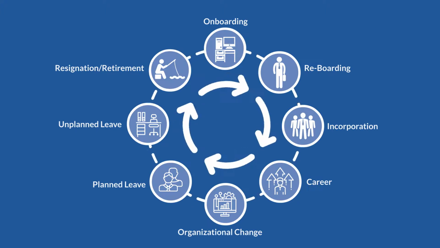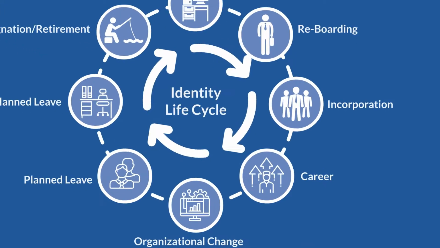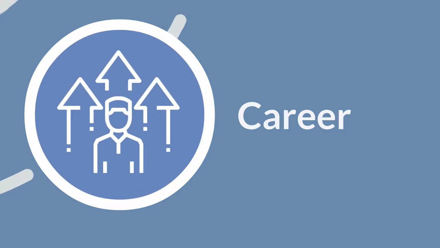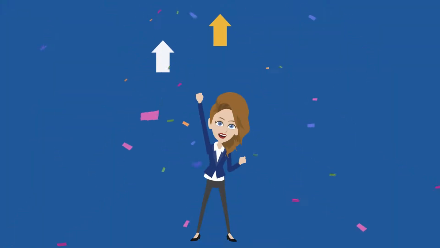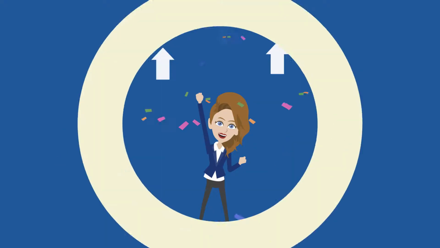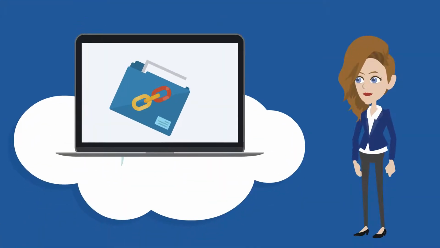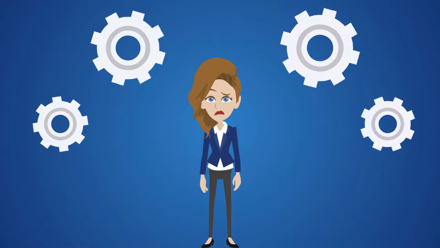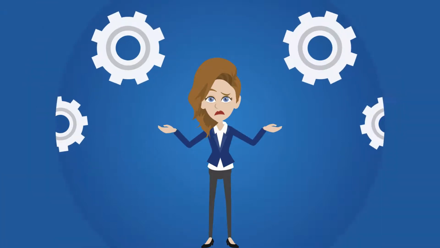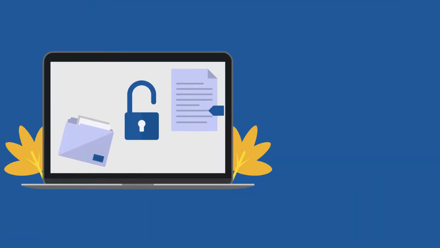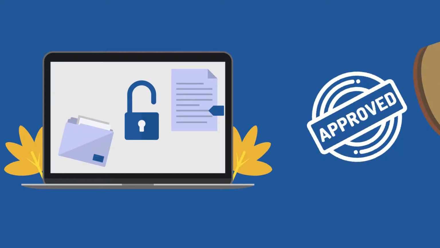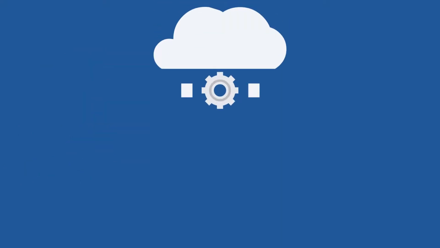In order to continue our journey through the identity lifecycle, let's have a closer look how career fits with the topic of identity and access management. This time, Emily, an internal employee, gets promoted to take additional responsibilities for leading a team. Her current permissions on access rights need to be adjusted, and it should be checked if she has conflicting roles in different systems. After HR team has updated the employee record in the HR system, the employee might need to get additional authorizations which need to be approved according to the defined approval steps and finally provisioned automatically or manually